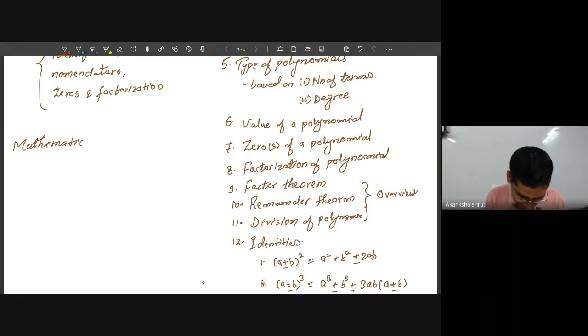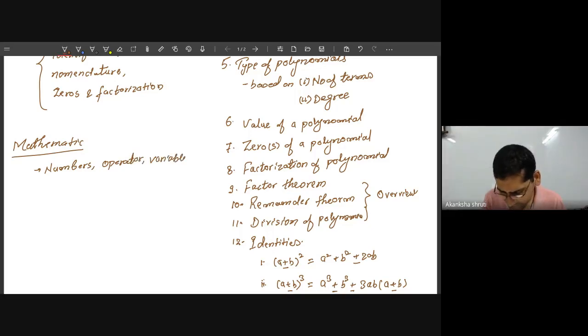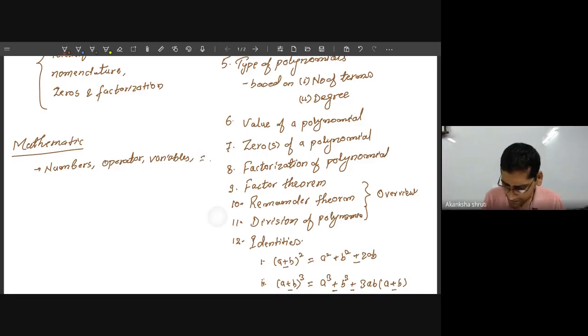Student, in mathematics, we are dealing with numbers. There are some mathematical operators. There are certain variables. So what are these numbers? These are the minimum things. In addition to this, there is the equality sign and other things are also there. Numbers like 0, -1, 1/2, all these are the various types of numbers that we have learned in our real number chapter. It may be a decimal or any kind of number.